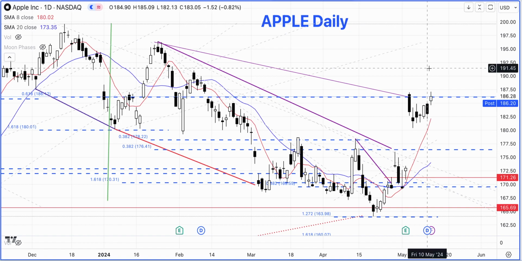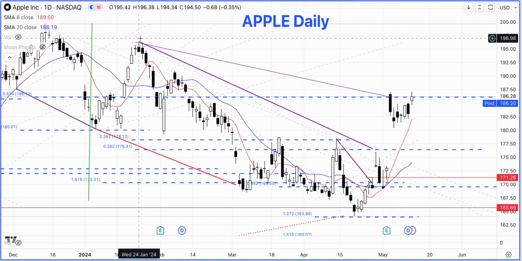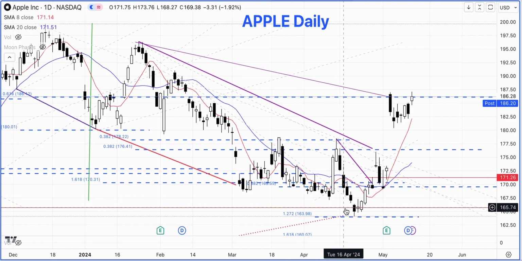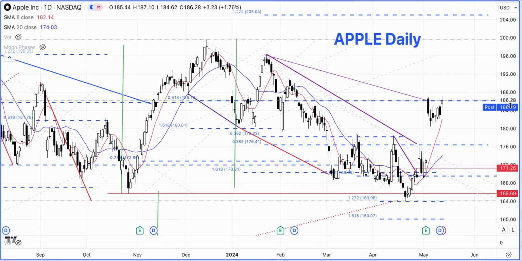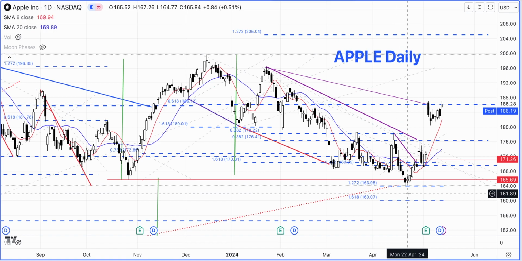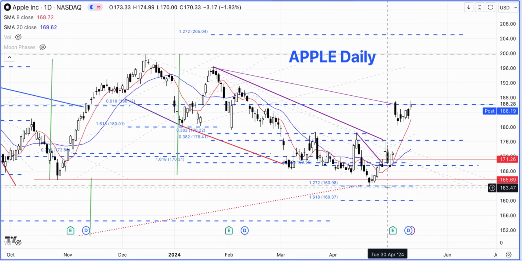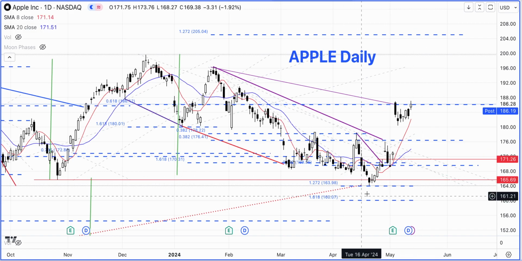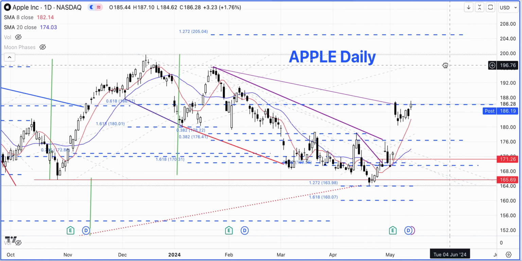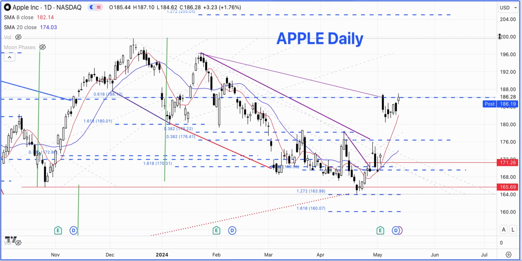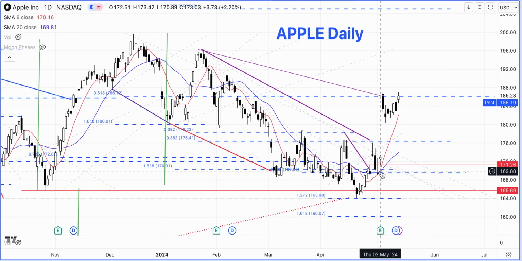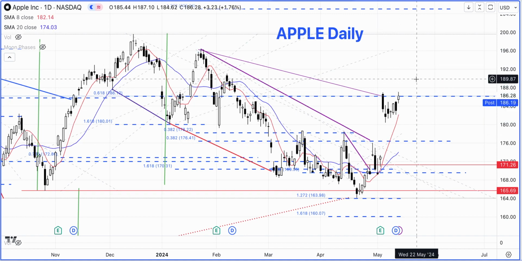And here we can see that the Apple stock had been under pressure till it hit this $163 per share level, and around this time we were saying that this is a really key level to watch, and moving below this will open up the $155 per share level as a target. But what we have seen is a nice rally, with a big gap when the earnings came out, a move in the Apple stock, and it's